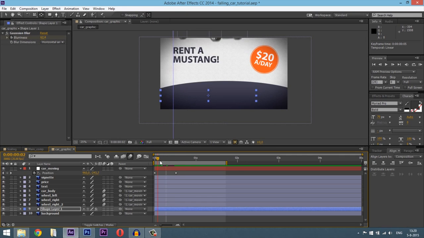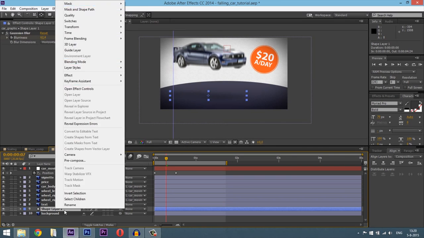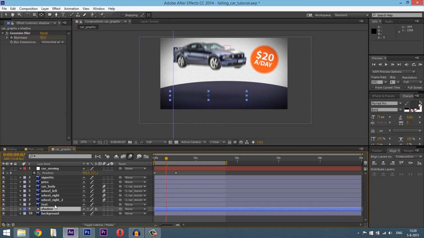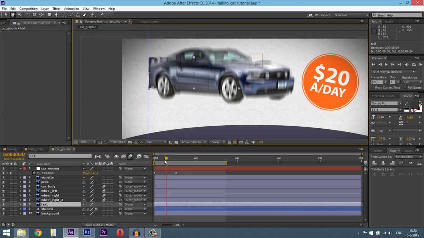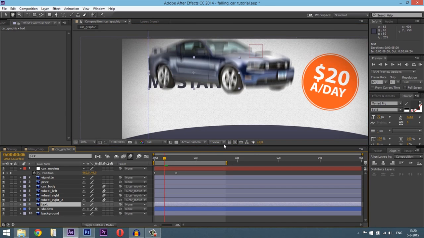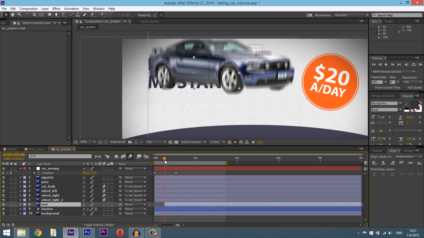So the next thing we're going to do is set a title mask. So when the car is moving by, the title will appear. So select text and set a text beneath the car. Hold on, we will rename this first, shadow, and create a mask on it. Just place it something like this, and then cut it out first so it won't appear when the car is here. And then create a mask, just clicking the pen tool and select